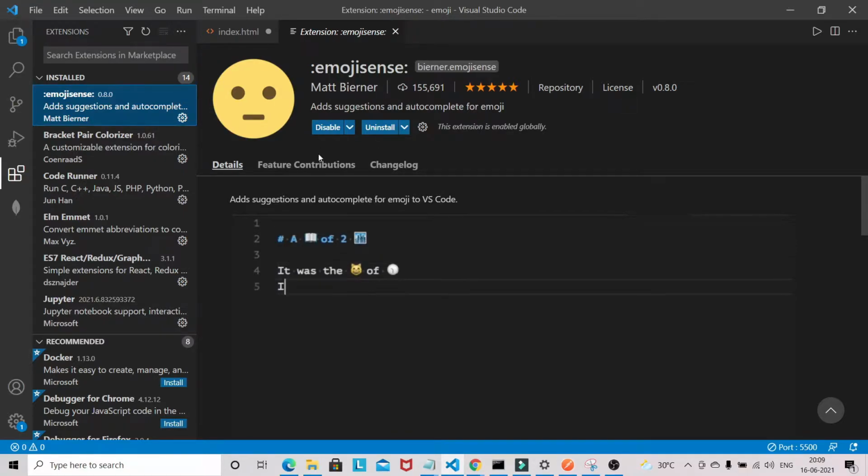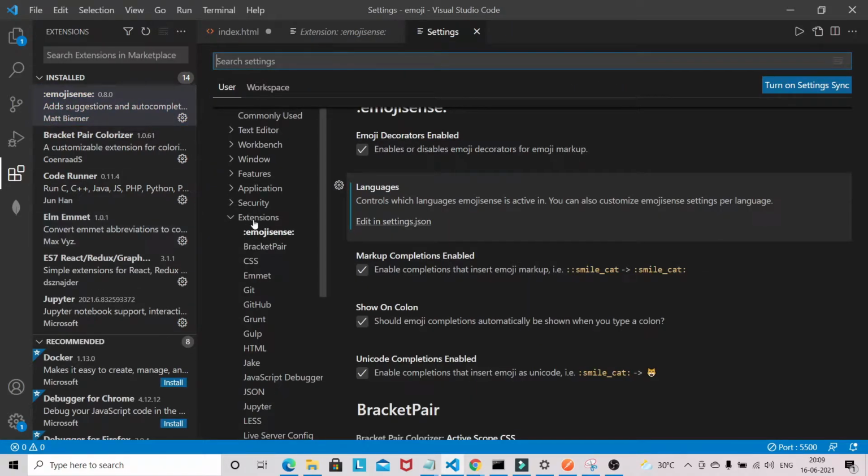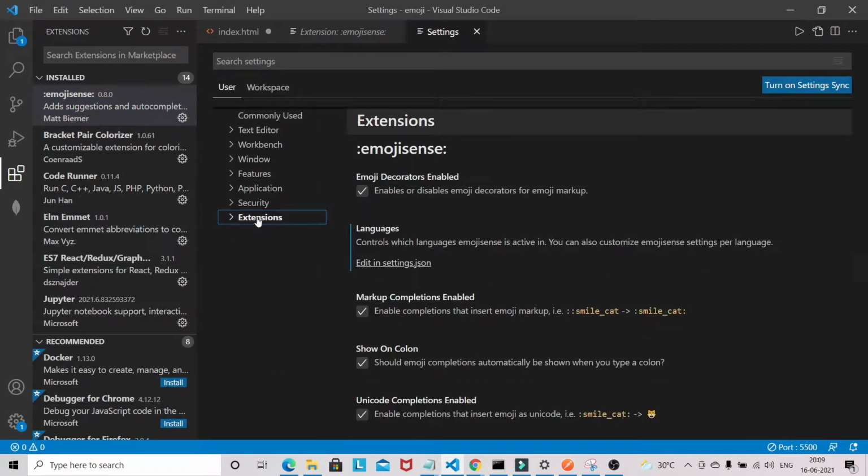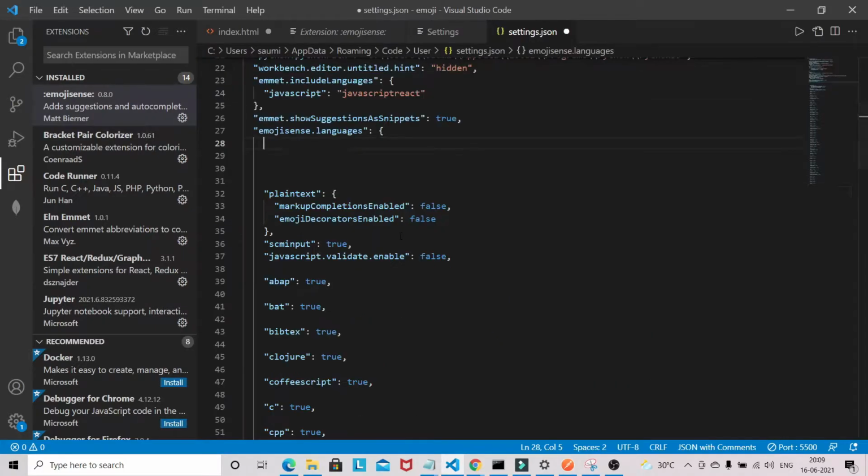So once you install the emoji, then you have to go to the setting, and in setting you have to go to the extension. Okay, so this is the extension, and inside that you have to click the emojis hints, and here you have to go to the edit in settings.json file.